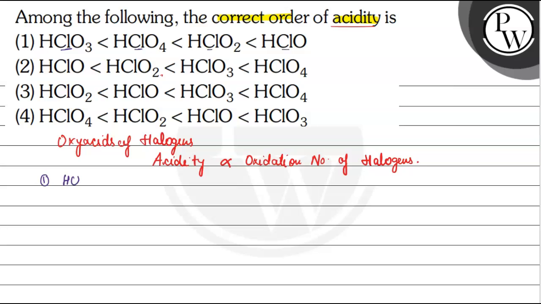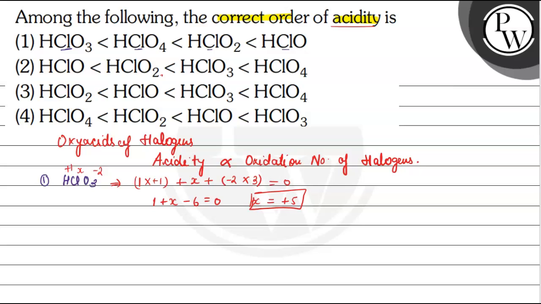So first we have HClO3. In HClO3, the oxidation state we are going to find: it is +1, X and -2. Now there is one hydrogen with oxidation state +1, plus X, plus -2 is the oxidation state of oxygen, and there are 3 oxygen, equals 0. So from here we have 1 plus X minus 6 is equal to 0. That means the oxidation state of chlorine here is +5. So in HClO3 the oxidation state is +5.